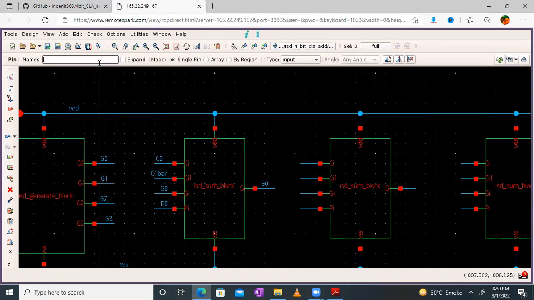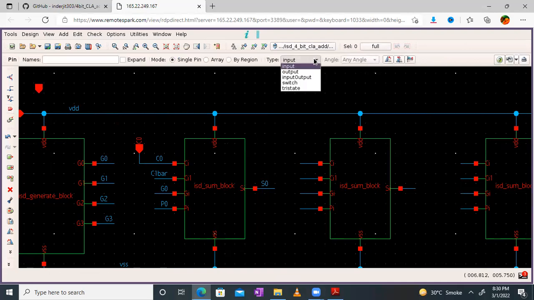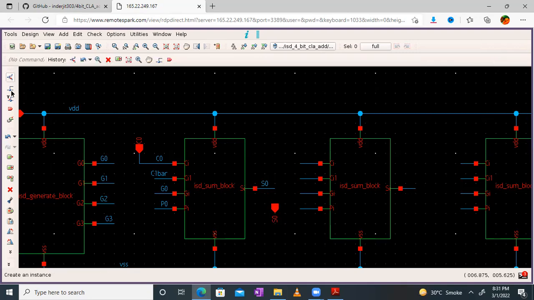So we'll add the pin over here. We'll call it C0. This is another input pin. So now I'll connect it with a wire. So this becomes another input pin for my IC. And S0 is my output pin, right? So I'll select the pin from here and make it an output. Okay, so this is the output pin. I'll add it over here, but I have to give a name over here also. So this way I will add the pin